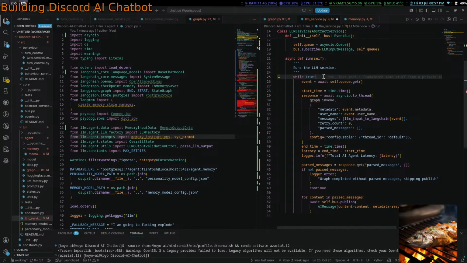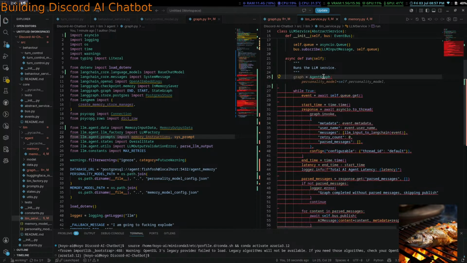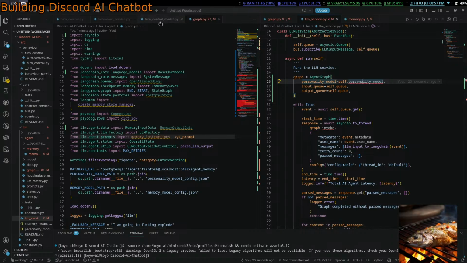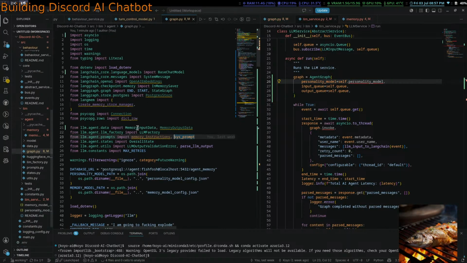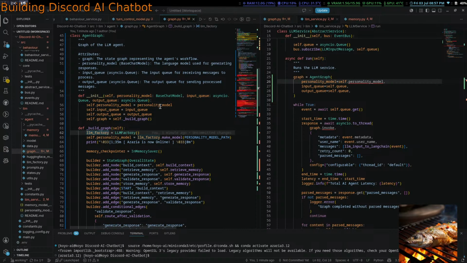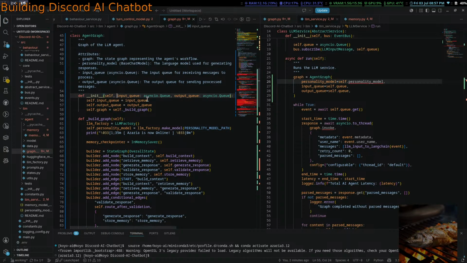While true, yeah, I'm not while true in that. Graph equals agent graph. And first off, okay, you know what? We can build a model inside of the graph. Screw it. That was a horrible idea. Yep, LLM factory. Get out.